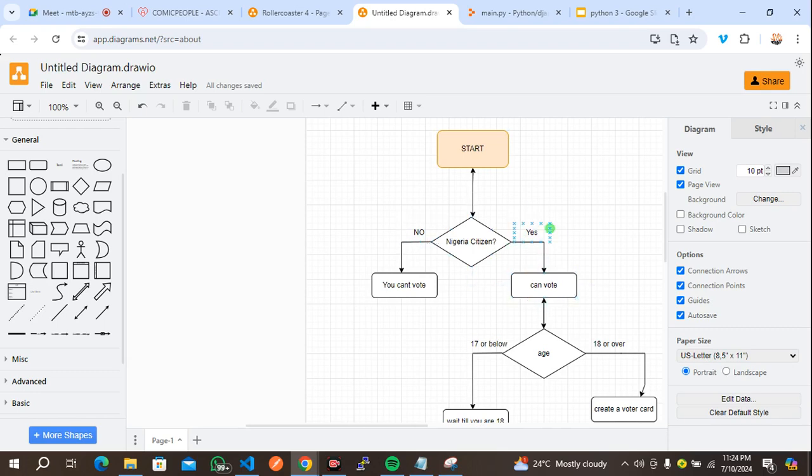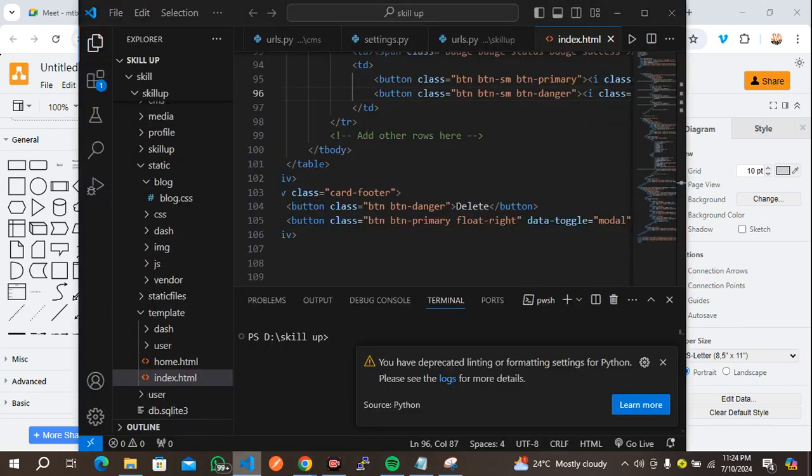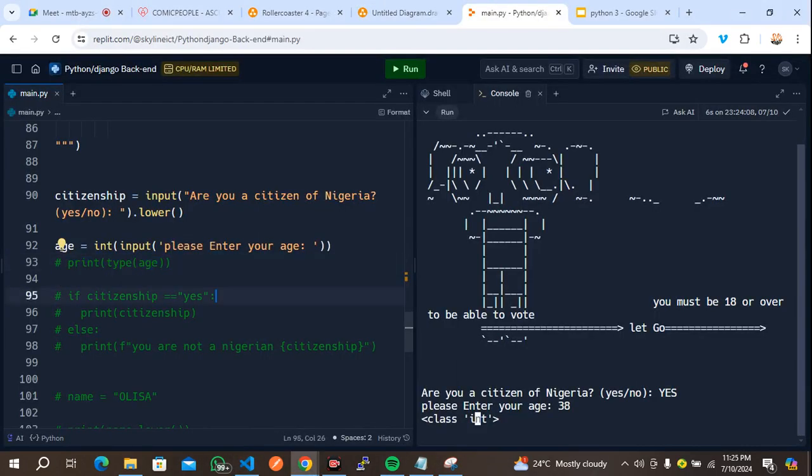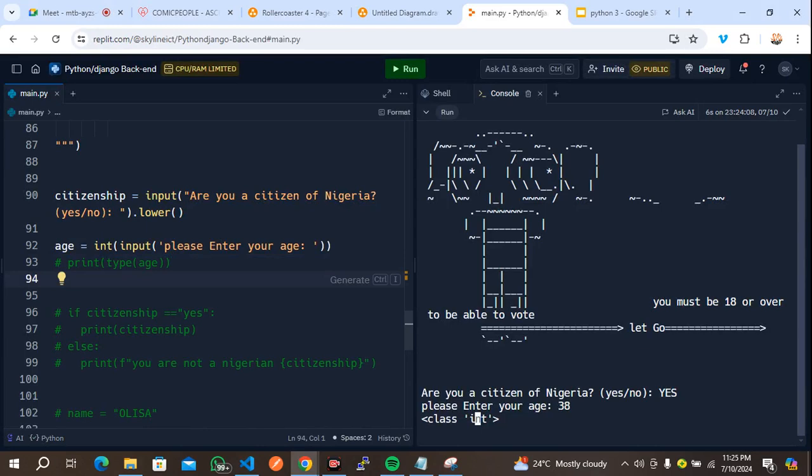So we check if you are a Nigerian citizen, right? Which you have checked. This one is to check the age, and so that's what we're going to do. Let's go back to the code. So what we are going to do here is that if